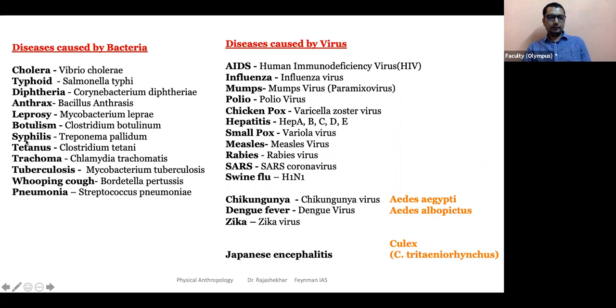Also, syphilis is a sexually transmitted disease, another form of disease spread. Because I was mentioning airborne diseases, some diseases spread through air. So which of the examples in bacterial diseases are airborne diseases? Can you give me one example from the list? I already told you one. TB is an airborne disease.